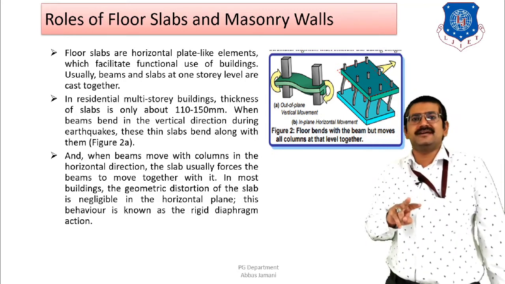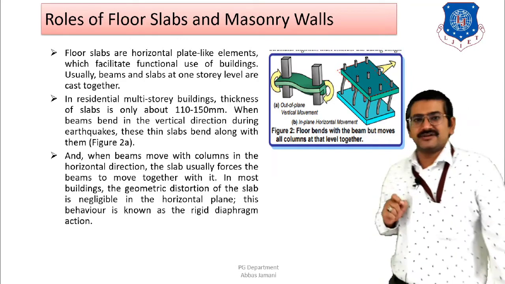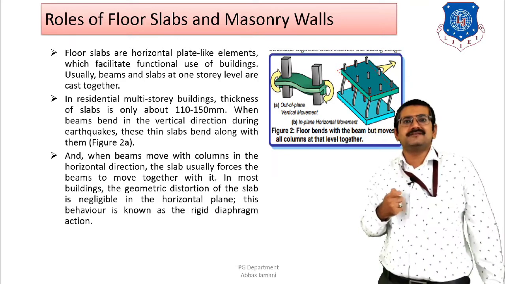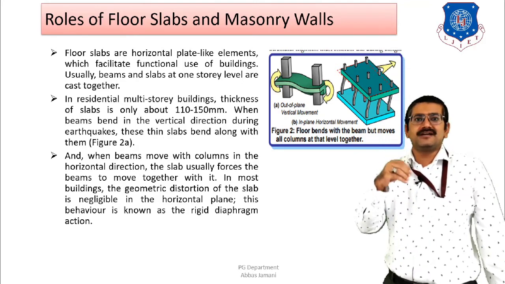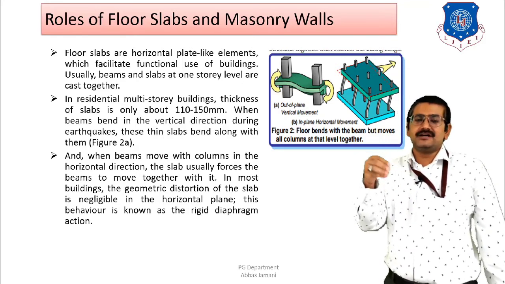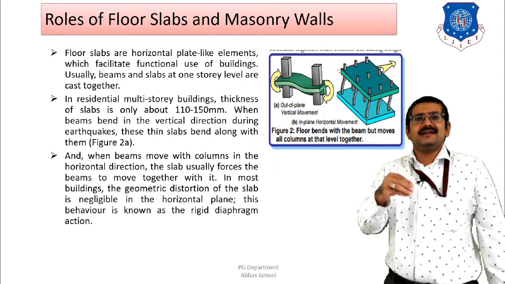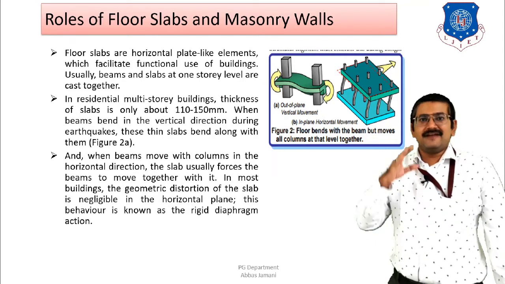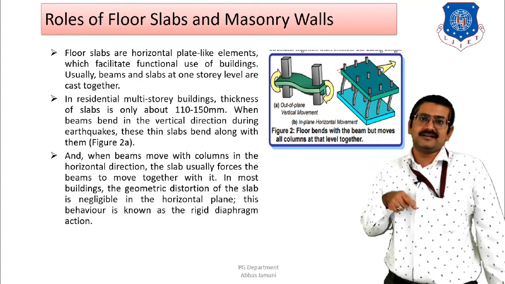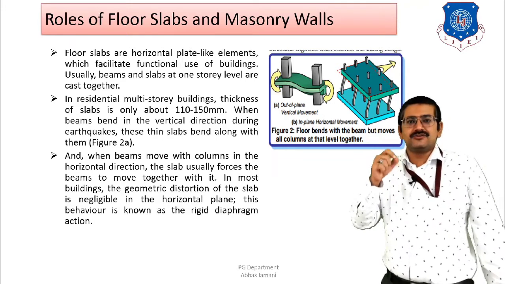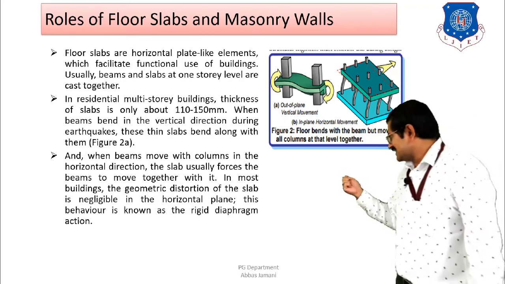So two types of behavior are discussed for slab. First is the out of plane behavior, second is known as the in plane behavior. So the first figure that is shown is showing the out of plane behavior. Now how will this out of plane behavior come into picture? Whenever the vertical load is applied on the building, as a result of this vertical load, the load will be transferred from the slab to the beams. And once the beams are subjected to vertical load, these beams are going to undergo deflection. And when these beams undergo vertical deflection, and since the beam and the slab are casted monolithically with one another, there is going to be vertical deflection or slight twisting of the slab component also, which can be seen in the first figure that is shown.